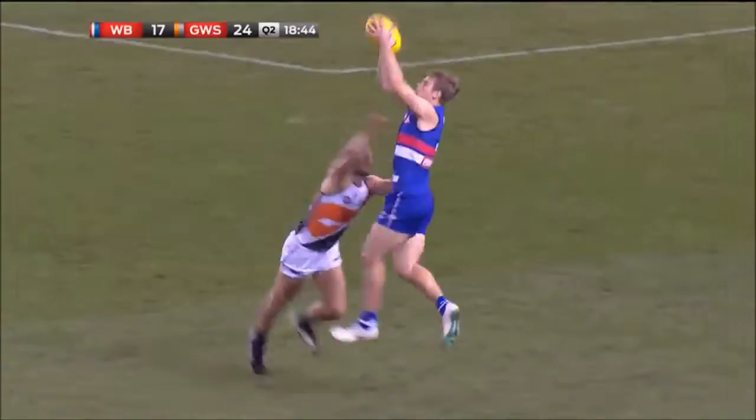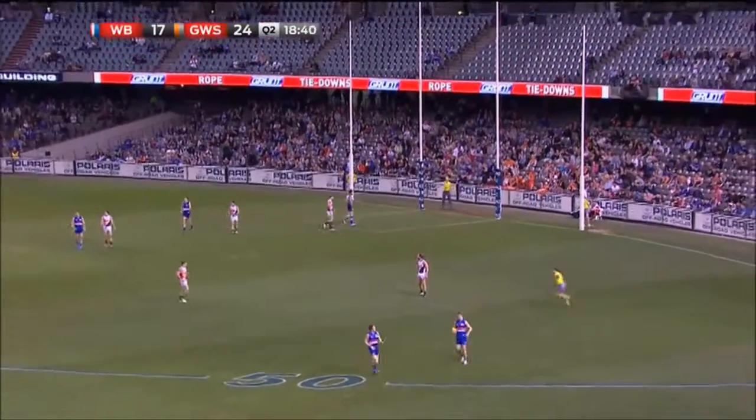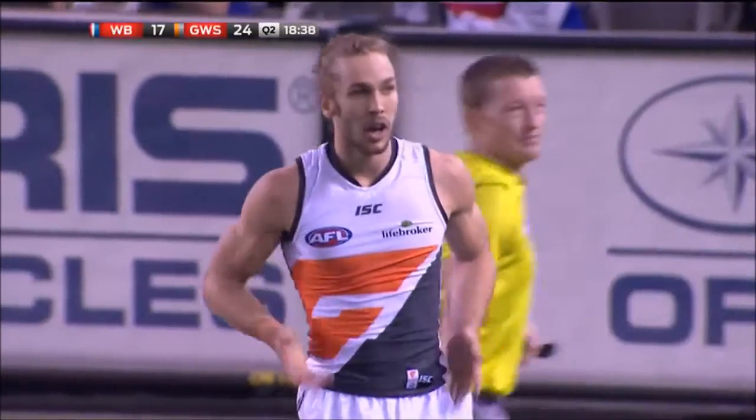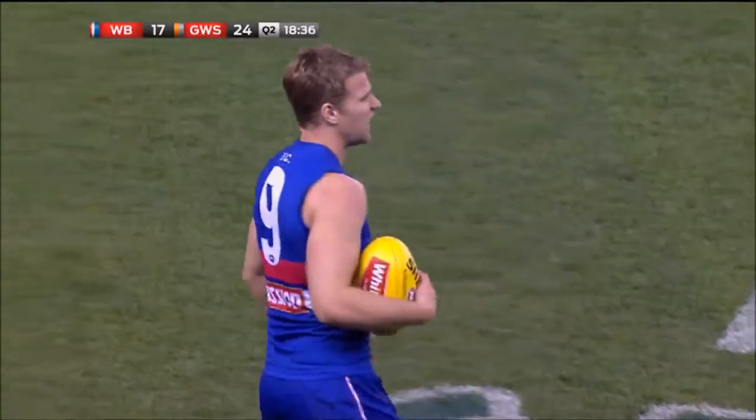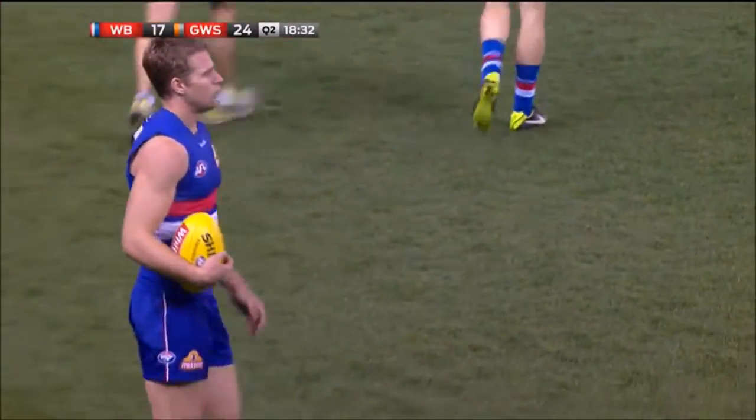Now where's Stringer or Cramry? Right there is Stringer. And that's what we expected coming here, Jason. A little bit of ballistic movement. Blokes running into some space and hitting some targets. That's a much better passage of play from the Dogs, and a hell of a lot better energy level, starting